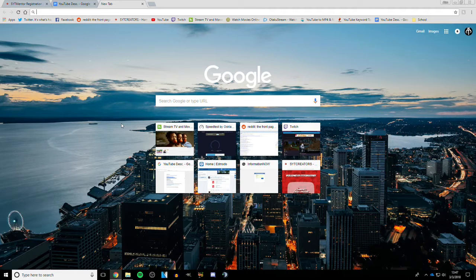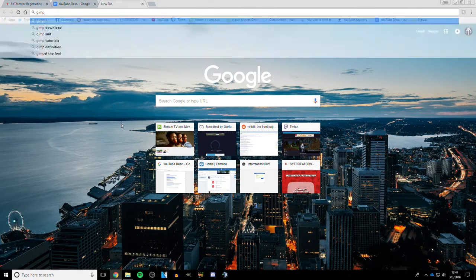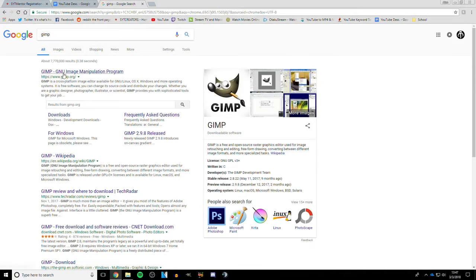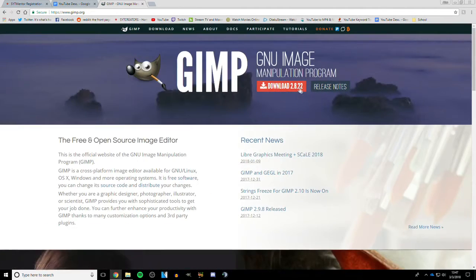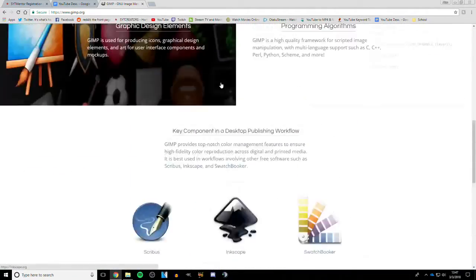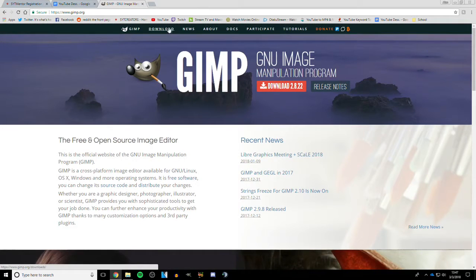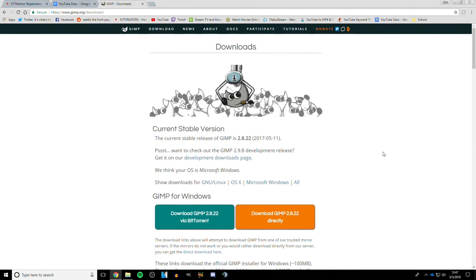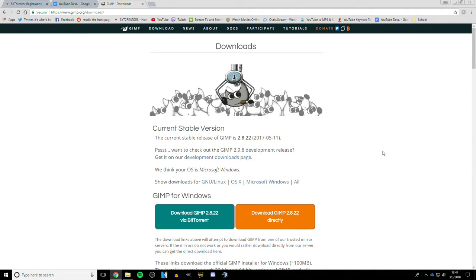But you're going to type in GIMP in Google, and go to gimp.org, and you're going to be presented with the front page where you can read up on all the cool stuff you can do with GIMP in terms of graphic design and other image editing stuff. And keep in mind, GIMP does work on all three operating systems, so it works on Windows, Mac, and Linux. This tutorial is going to be a Windows tutorial, so basically you're going to go to the download page, and click on download GIMP directly, and go through the normal Windows or Mac or Linux install